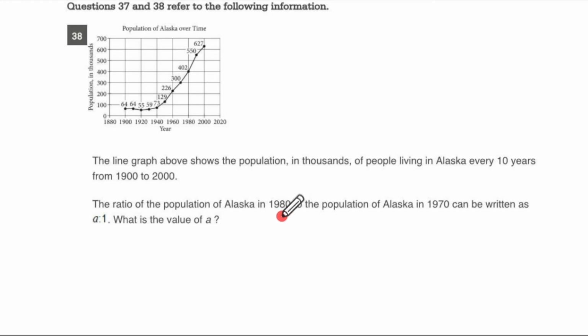So we're going to first do the ratio of the population from 1980 to 1970, which would be 402. If you track it up, like 1980 over 1970, so it would be 402. They have these nice little numbers there, so it's not so hard. And 1970 would be right in the middle, so it's 300